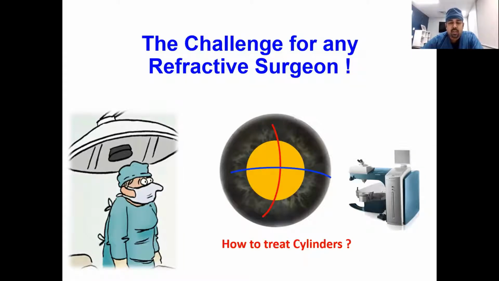The main challenge for a refractive surgeon has been, for a long time, how to treat cylinders on the cornea. These red and blue lines which I'm using here are not just to make the animation look good, but for people to understand that these represent the meridians of the cornea. Within these meridians, the upper half of the red line, which is bisected by the blue, and the lower half of the red, each of these are called hemimeridians, which basically are two halves of a meridian. We will be alluding to this in different portions of the talk, so I'm introducing that right away.